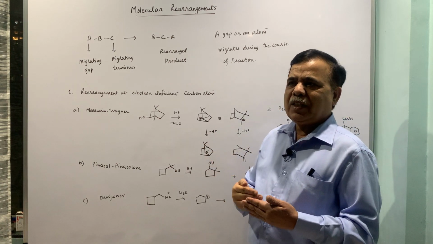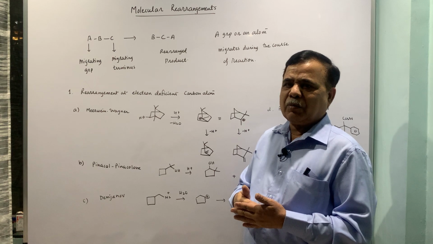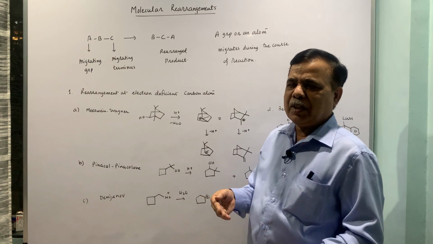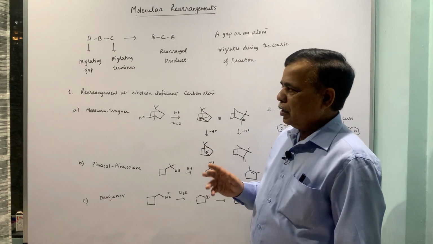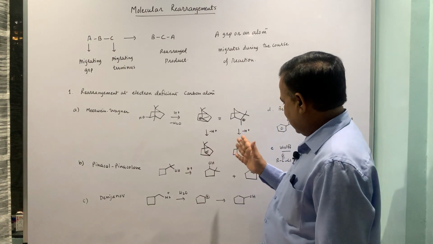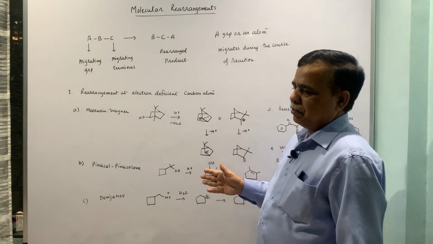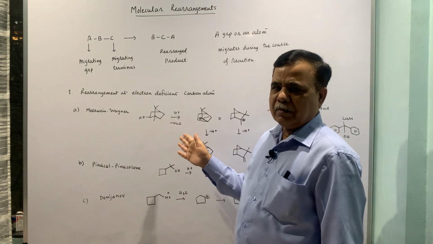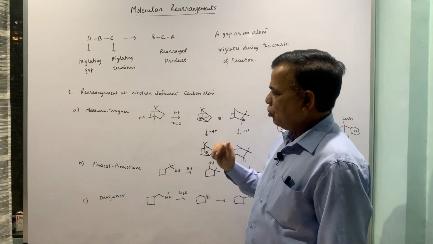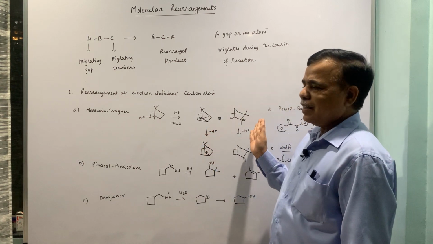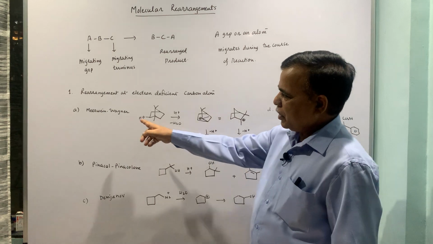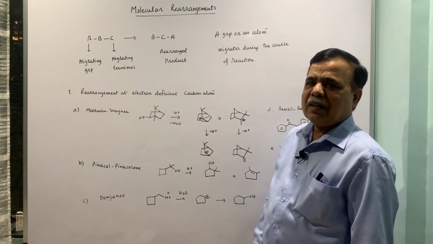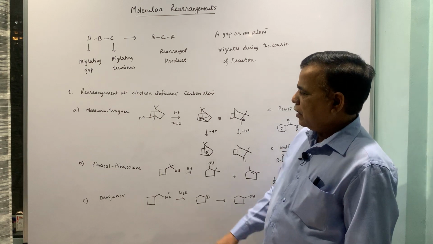So basically a carbonium ion or carbocation is formed which triggers the rearrangement or the migration of group. There are 6 reactions under this category. We will just quickly see this and the reaction mechanism also accompanying these transformations. So first of all, Wagner-Meerwein rearrangement. This is also termed as carbonium ion rearrangement.